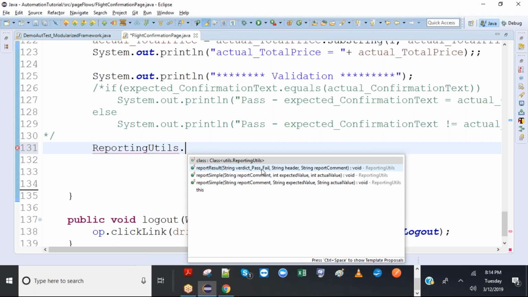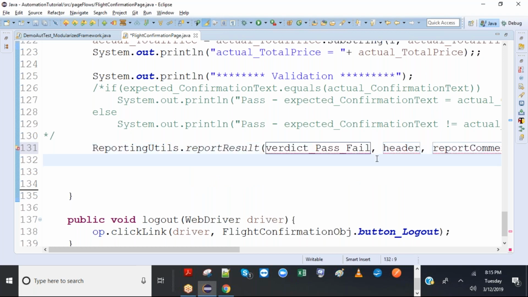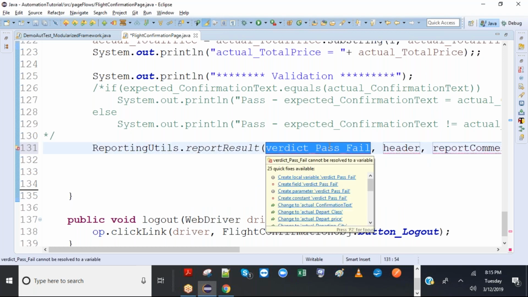Okay, screenshot is also important. Take a screenshot and write the caption, whatever I'm printing: the pass, expected confirmation text, which is that value, equals actual confirmation text and its value, to the captions properties, so that we can use it later for reporting purposes. Okay, so all that multitasking report is done in this one. So let's go ahead and use this, because we already use the report simple. Okay, so let's execute and then I'll explain.